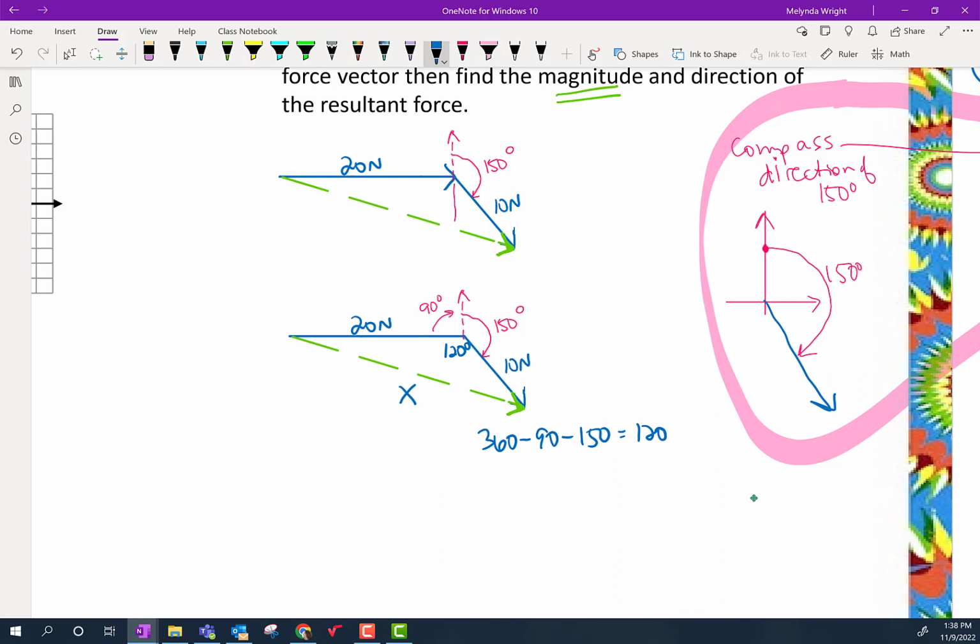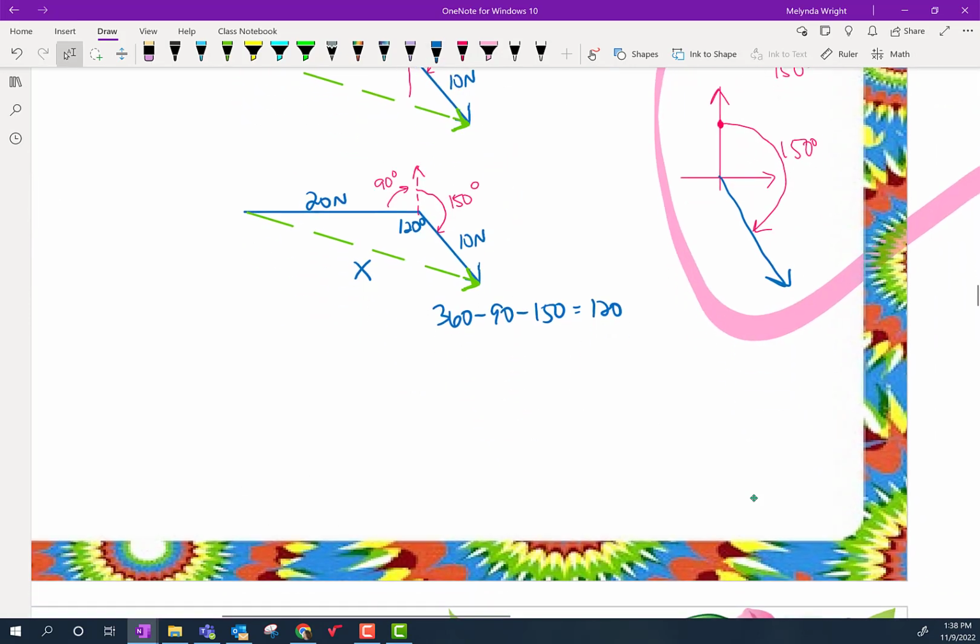Okay, would we use law of sines or law of cosines? When we have more sides than angles, we would use law of cosines, exactly. So here we go. Yay, you thought that you could forget that. Nope. All right, x squared equals 20 squared plus 10 squared minus 2 times 20 times 10, cosine of 120